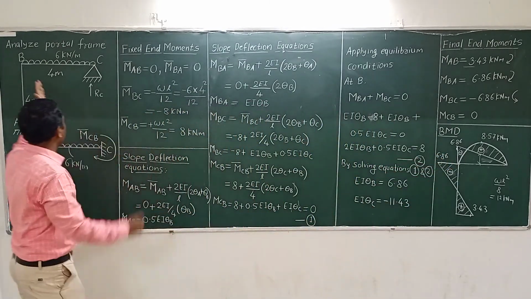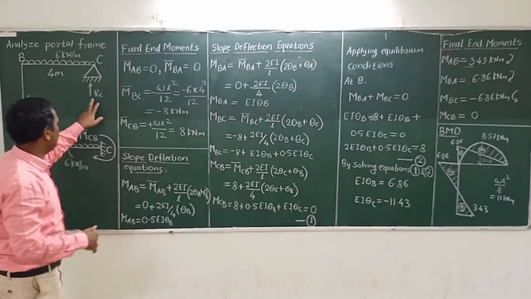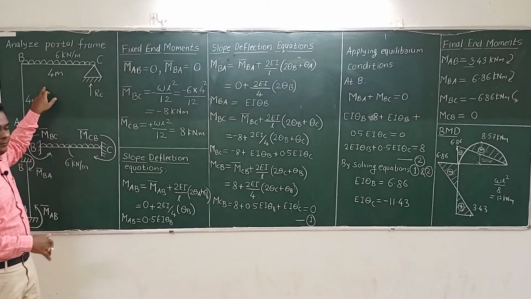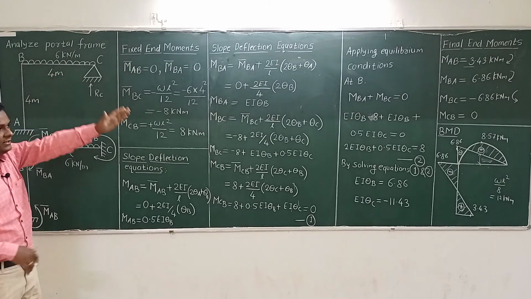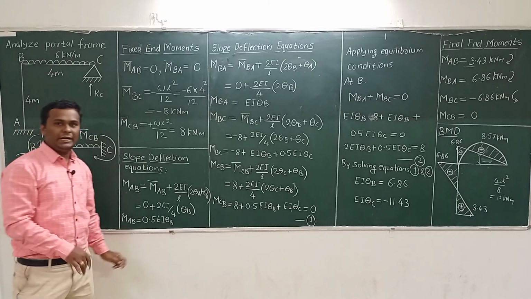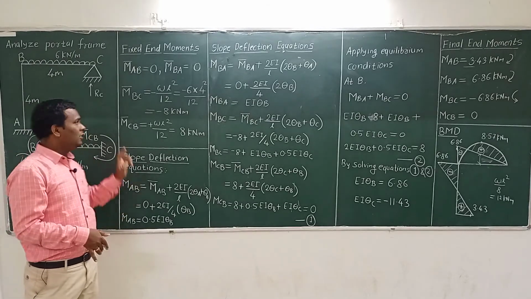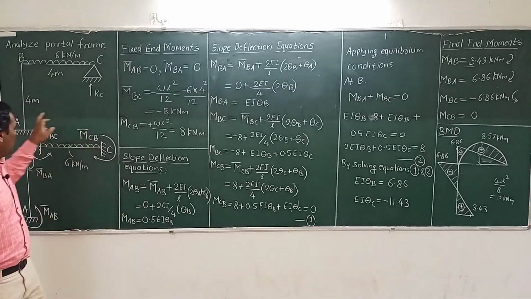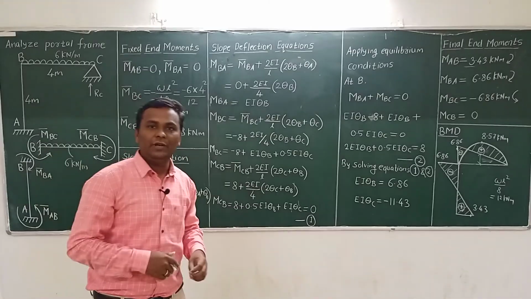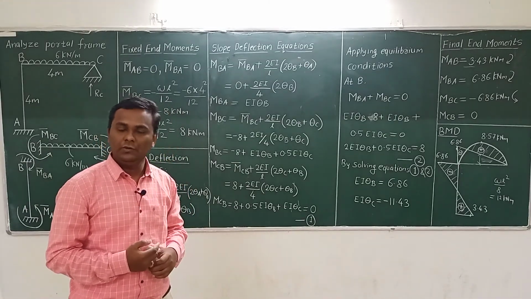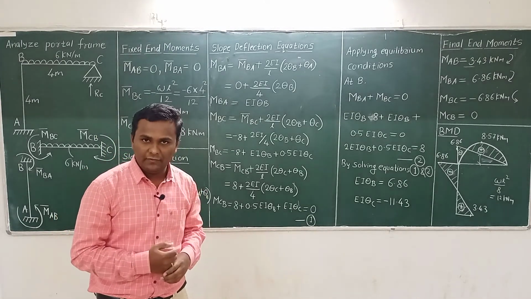So by just equating the equation of bending moment, here in this video I am not going to show it, but you can calculate it, that is RC into 4 and this 6 into 4 into 2, you just have to equate this equation of bending moment to minus 6.86. You can easily find out this RC. So first unknown reaction we have calculated. After finding this RC, similarly you can find out the support reaction at A, support moment at A, and you can finally go for the calculation of shear forces, and you can easily draw the shear force diagram for this particular portal frame.